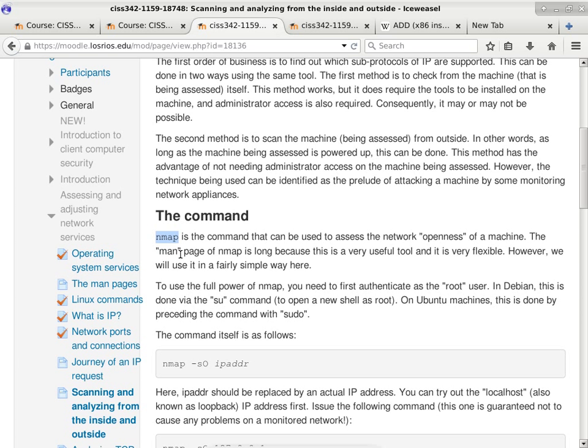There are 65,536 ports for each protocol. Each port, which is a number, identifies a particular kind of service. Now, the mapping between service and port number is not hardwired, especially with the higher numbers. Port 8080 is not always mapped to a certain type of service, but there are conventions.